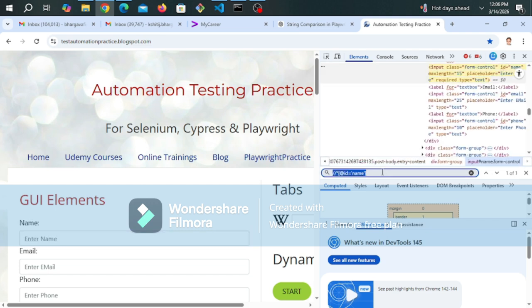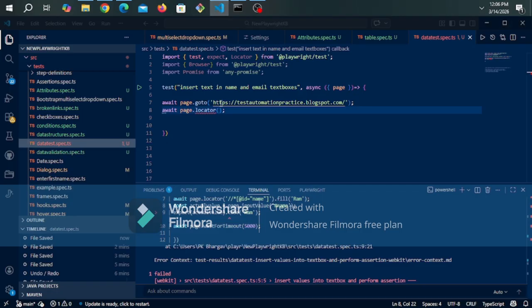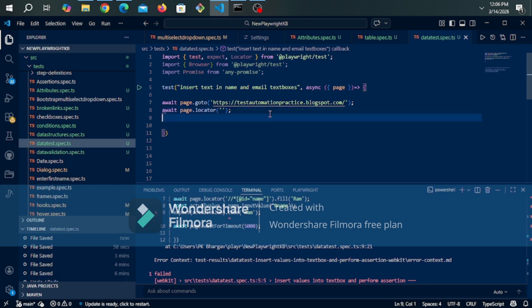So you can see, by mistake I gave it wrongly, sorry for this, I think this is wrong. So this is the correct xpath. So you can see